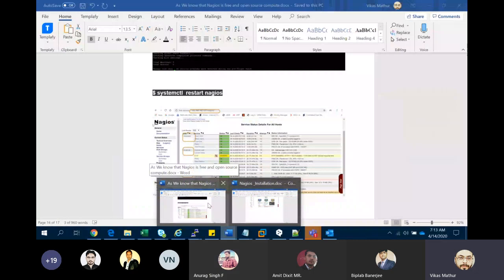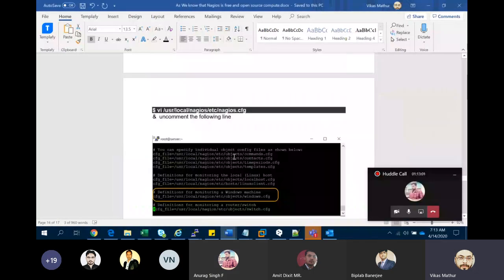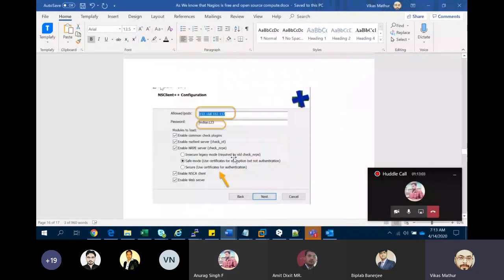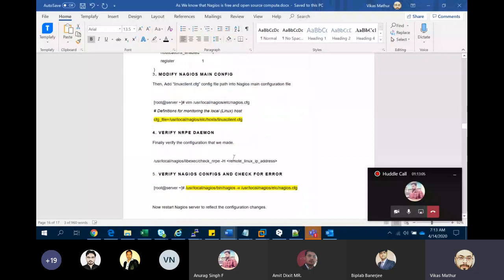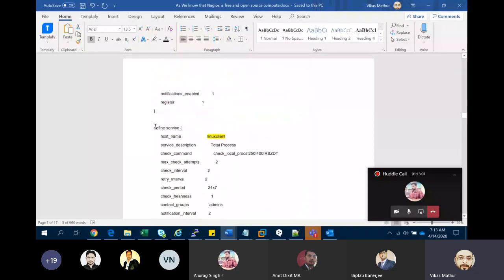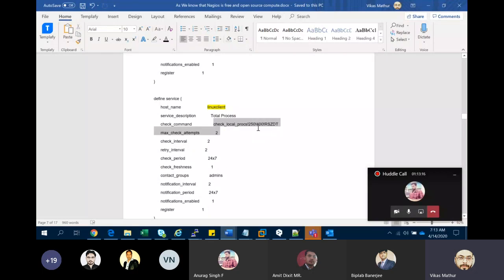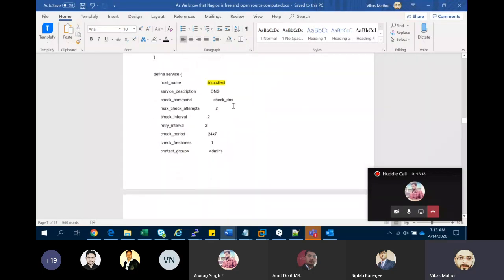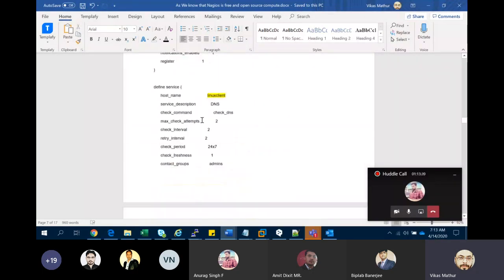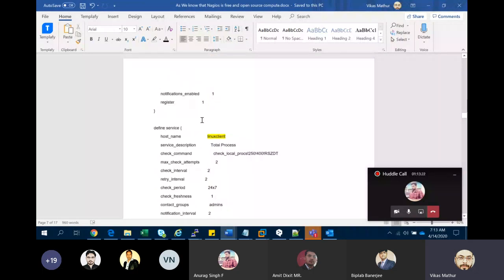You can configure different parameters, whatever you want to monitor over here. These are the defined services. In the defined services, this is the host machine, your Linux machine, and it will check the local process and DNS check. It can be limited or it can be exceeded.